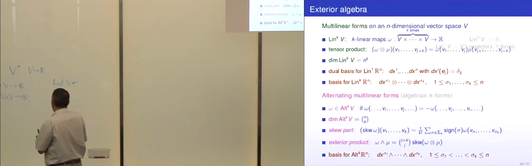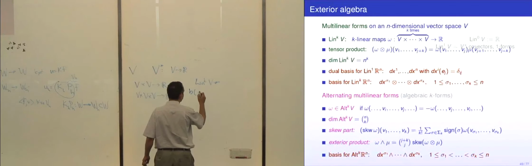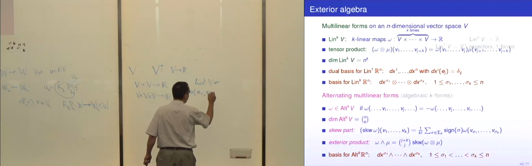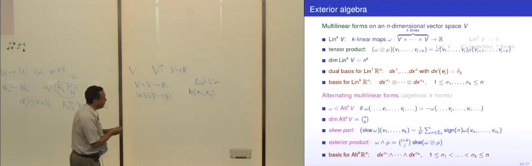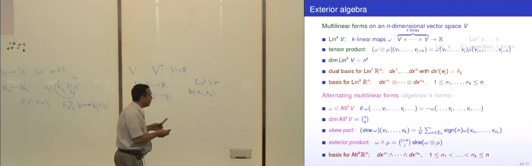A two form, a bilinear form, we'd have to say what it does on, say, any two basis vectors, say e_i and e_j. If I know this, then I know what it does on everything. And I can specify these numbers arbitrarily, so I get n squared, and so forth.